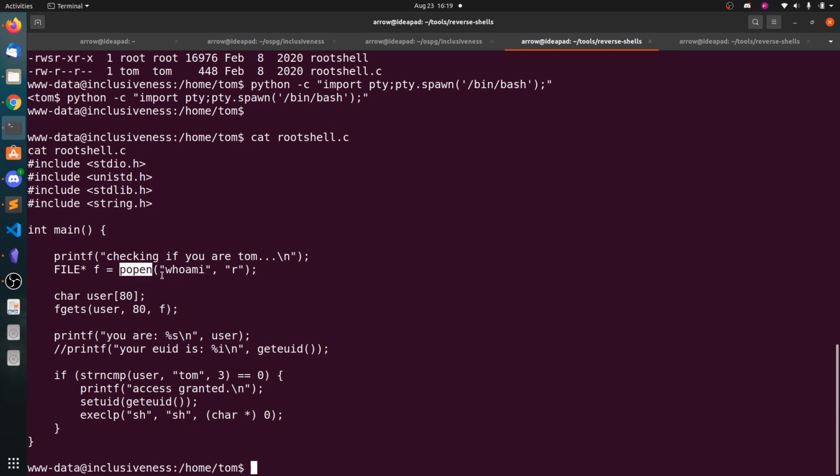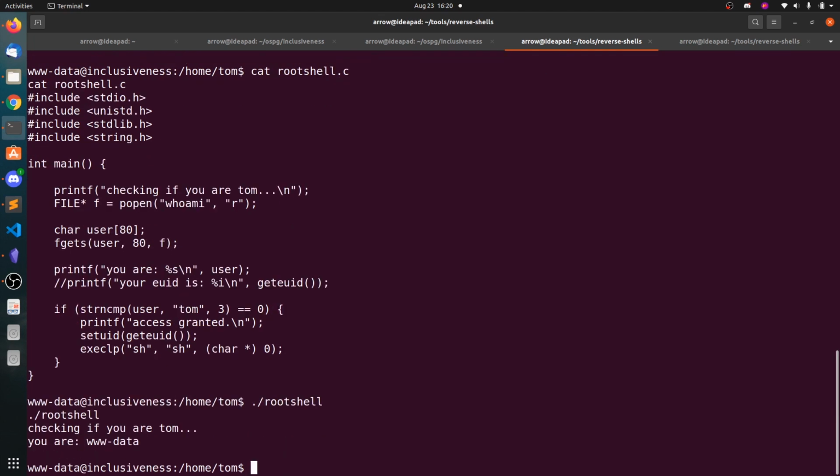What popen does is it executes the command and takes that output as a read. So it will check whether we are Tom or not. It's not checking from the absolute path. So first let's run this root shell. It's checking if you are Tom, you are data.